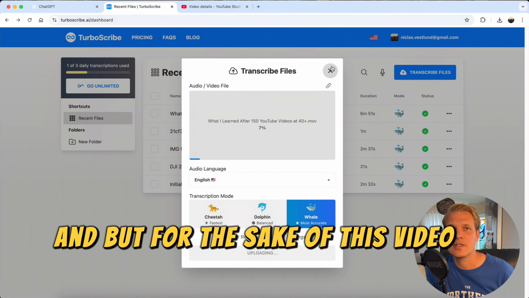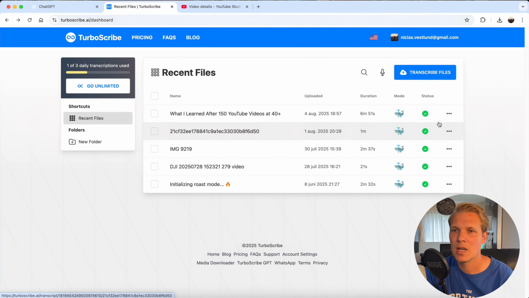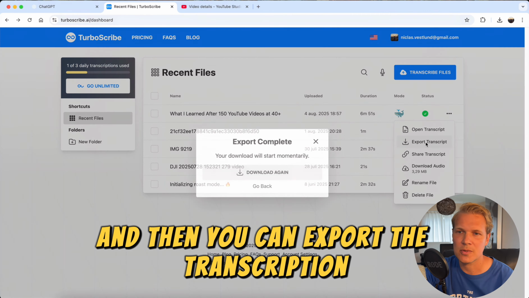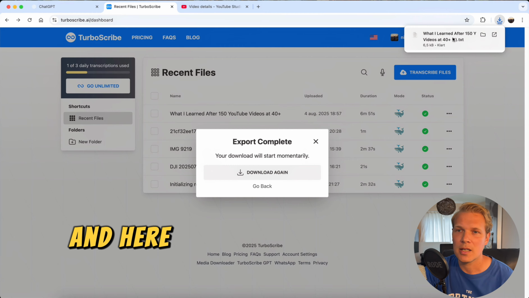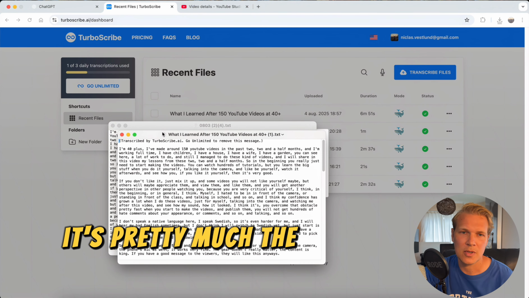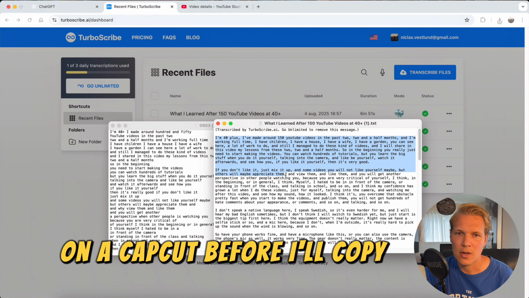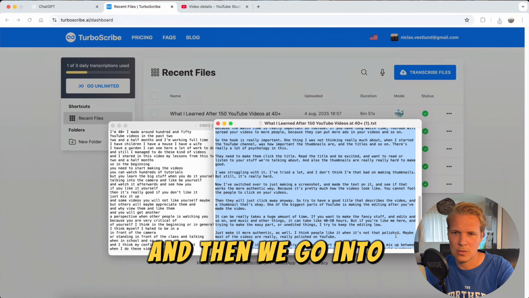But for the sake of this video, I have prepared one. Here you can see I used it here, and then you press the buttons here to the right, and then you can export the transcription. You can also export a PDF and so on. And here you open it, you can see it's pretty much the same as I had on CapCut before. I'll copy it here, and then we go into